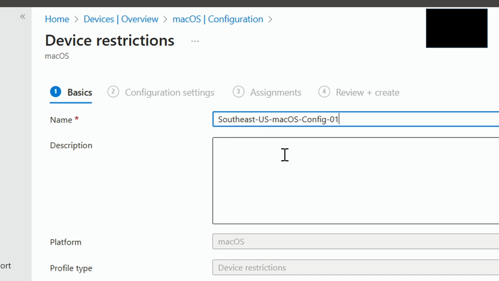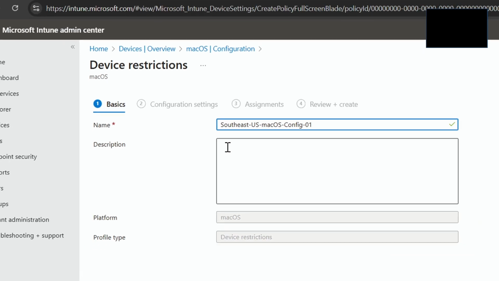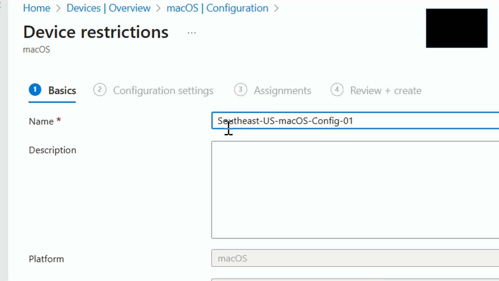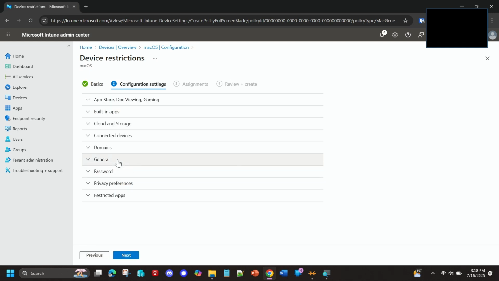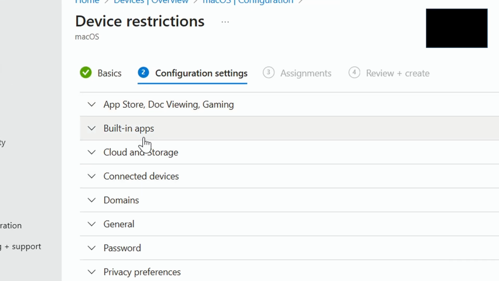can understand that the name gives context, right? If I was just to say policy 01, that wouldn't really tell me what's going on, but I can see that this is a macOS configuration policy, and it applies to my macOS devices, or the company's macOS devices, that are in the Southeast U.S. office. Now I'm going to choose Next here, and here when we use templates, remember it's going